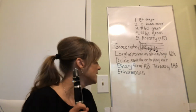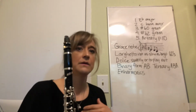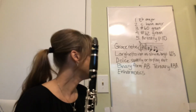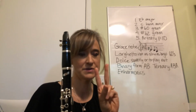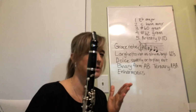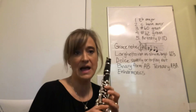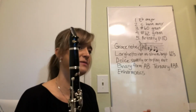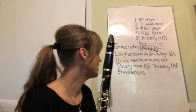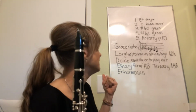And then enharmonics. Enharmonics are basically like your name. You have a first name and a second name, but it's both you. Enharmonics are two different names for a note. So a D sharp is going to be called also E flat. It's the same note, but it's the flat version. Or I could say B flat and A sharp. So B flat also has another way of identifying it, and that is A sharp. So those are enharmonics. Okay, at this point, 7th and 8th graders can turn me off, but we'll continue with